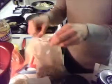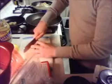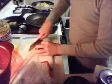The chicken doesn't take very long at all to cook up. Just a handful of walnuts. Chop them up kind of fine. You can use any kind of nut you like. The important thing,